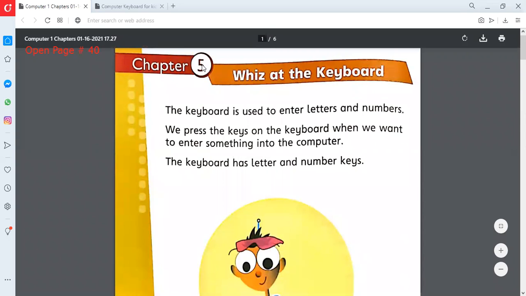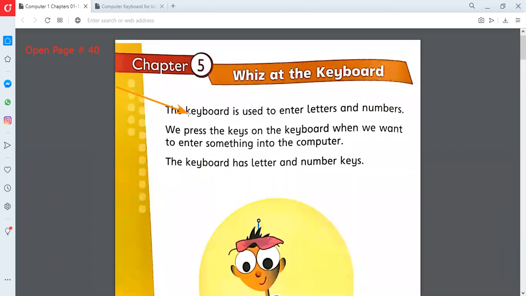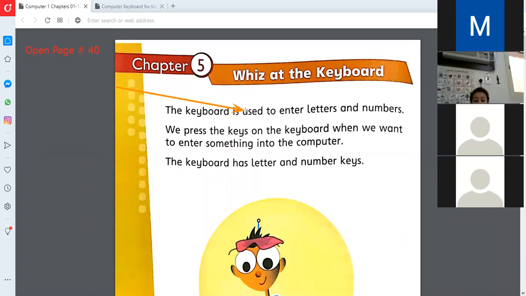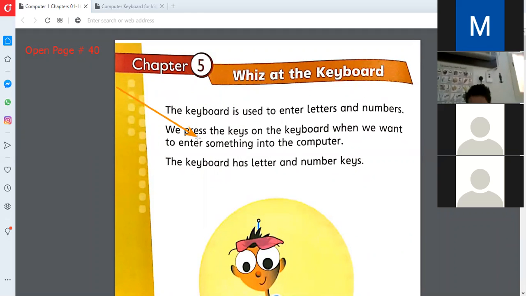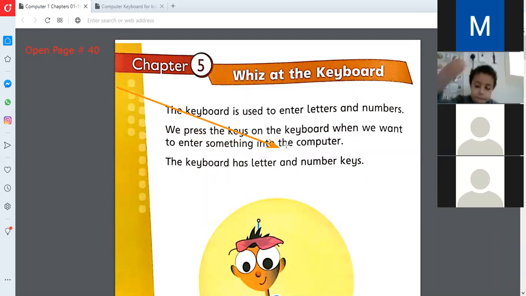Okay. Now, what we see in this, we see the keyboard is used to enter letters and numbers. Why we use keyboard? We use keyboard to type, to enter something, to write something into the computer. Okay, so we press the keys.